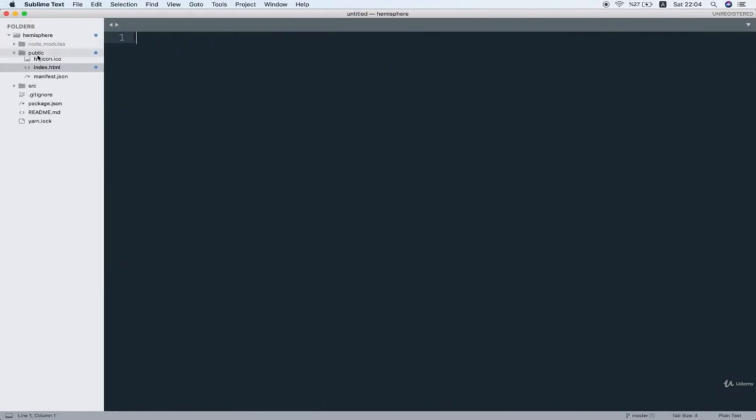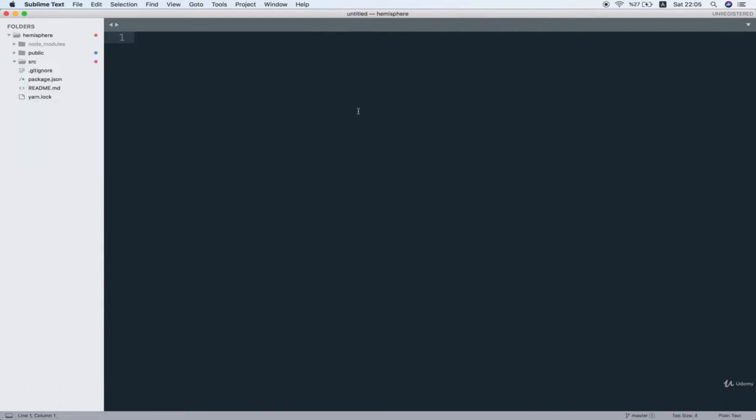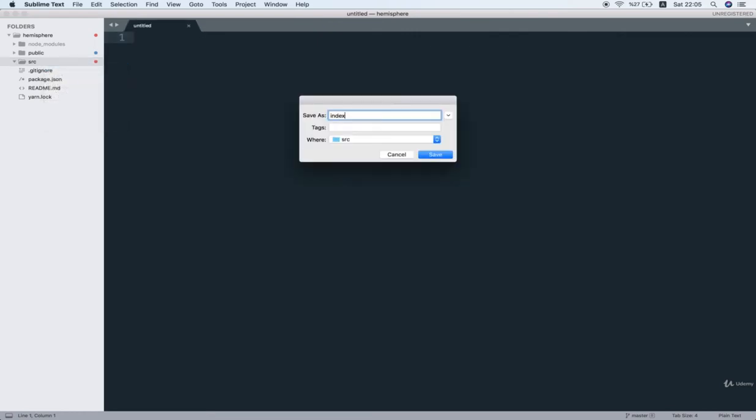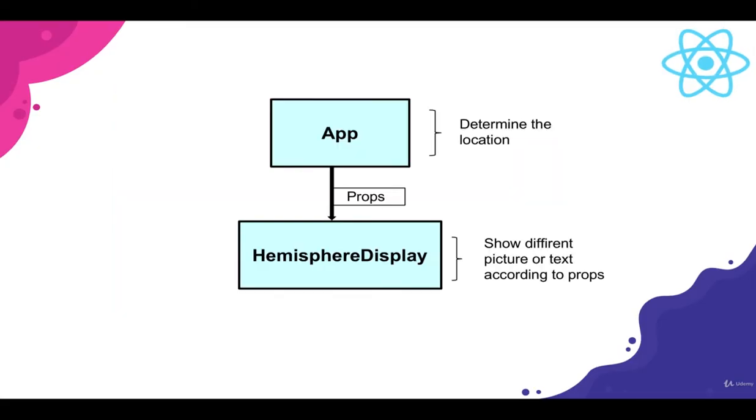And inside the src directory, we get all these automatically generated files. So we're going to delete them all. And then we're going to make a new file called index.js. All right. So now I want to flip over to a diagram because I love diagrams, but it's going to help us think about the different components that we're going to need to make in order to build this